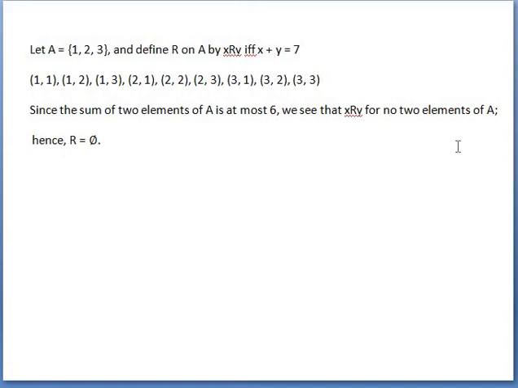Because we are not getting any element for that particular relation, that's why it is an empty set. We have already done what an empty set is and what a singleton set is. So this concept is here: the definition of sets and different types of sets. So R is an empty set as we are not getting any element for that relation R.